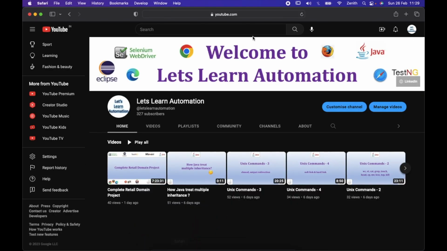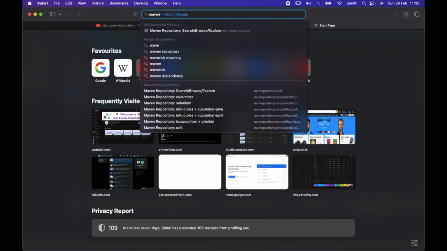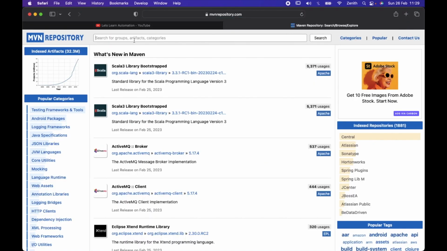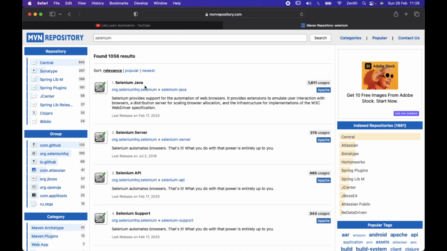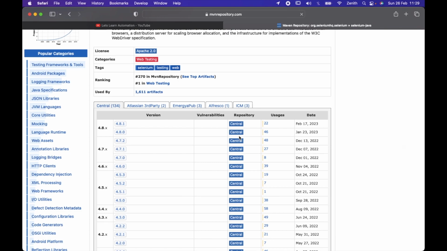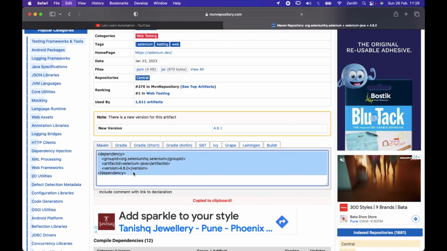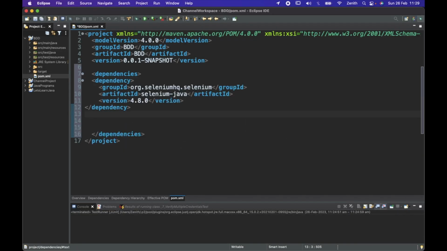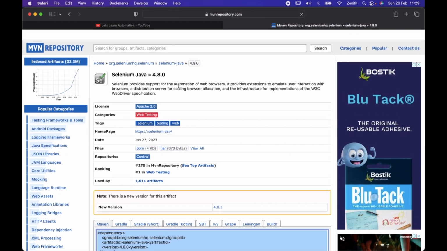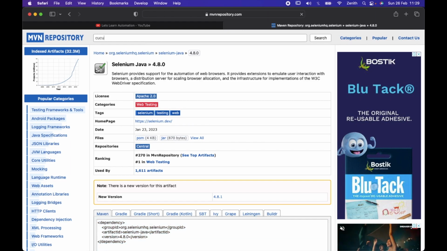So for that, I will go to Maven dependency URL, and here, as we are going to implement the Selenium automation, I will search for Selenium dependency first, Selenium Java, and here I will select the 4.8.0. I will copy this, paste it here. After that, as we are implementing the Cucumber, I will search for Cucumber,